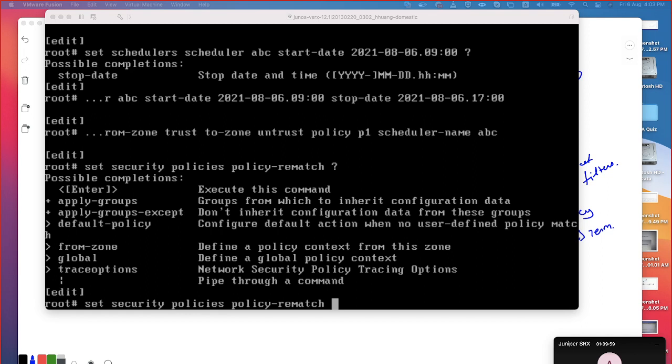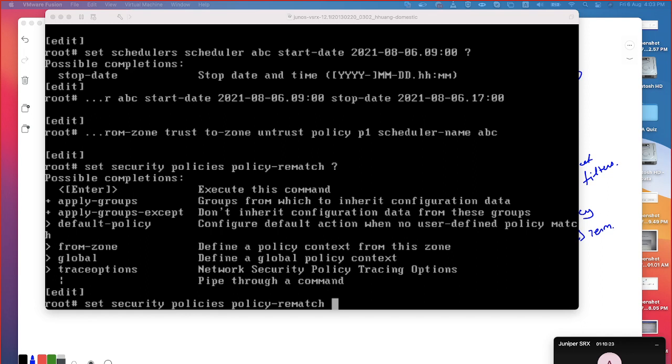So there are a couple of actions. If you delete the policy, what would happen? Whether you have enabled the policy rematch or not doesn't matter. Existing sessions are going to be dropped. If you modify the action, then there is a significant difference between enabling and disabling the policy rematch. If the policy rematch is disabled, existing sessions will still be permitted, whereas new sessions are going to be evaluated.